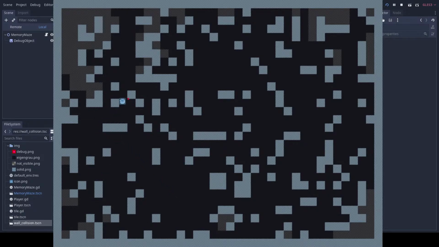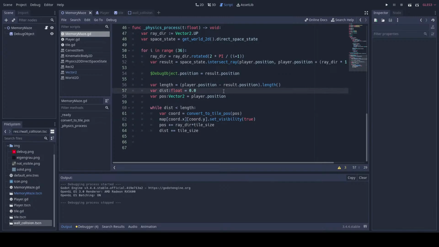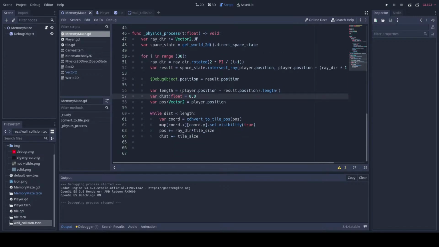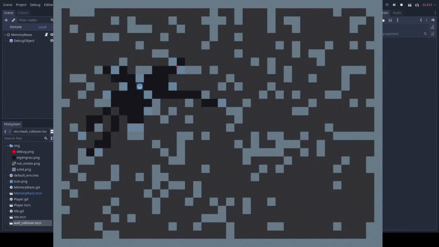Oh, I still see a problem though. It's not lighting up the walls themselves, I guess. So this distance is less than length. I should add tile size to this, honestly. Then it might light up the actual squares. Yeah, there we go. Okay, now